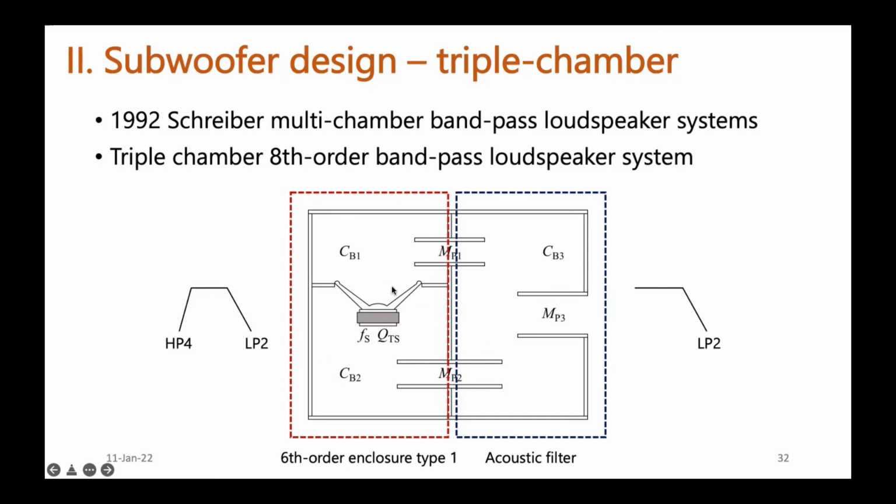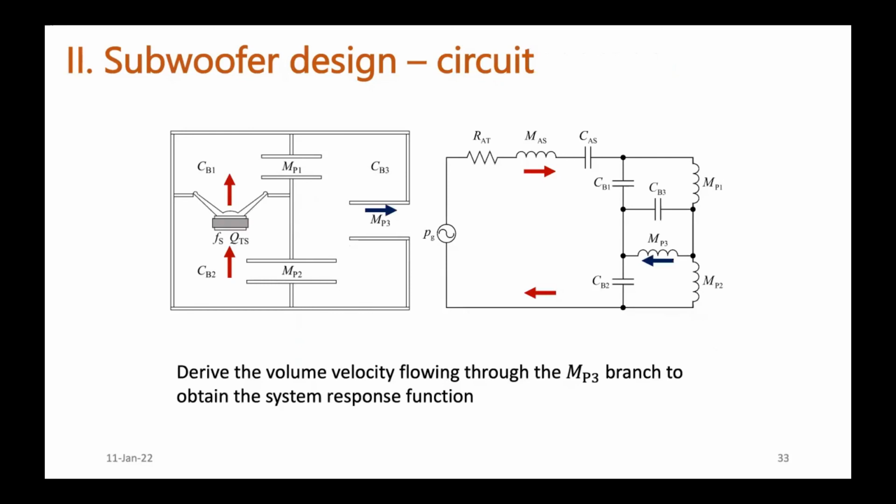And it can be regarded as a combination of structures: the part blocked by the red line is the previously mentioned 6th order enclosure type, and a simple Helmholtz resonator, which contributes a 2nd order low pass. And the combination would give a symmetric bandpass attenuation order. And again, we can analyze